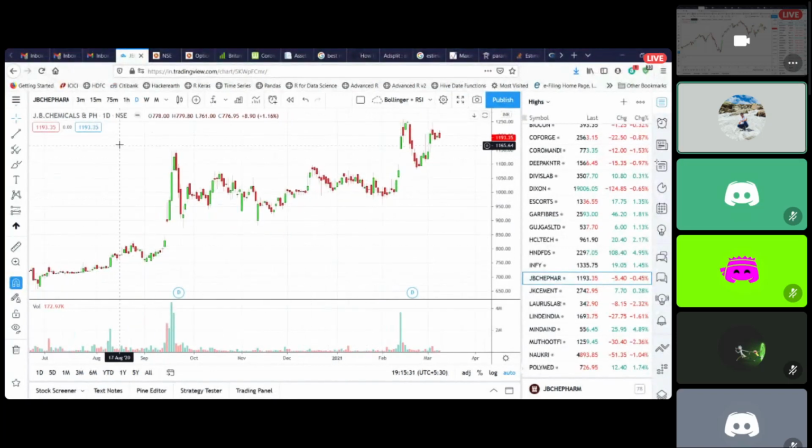Now, depending on the time frame that you're looking into, if you do the same thing on a weekly time frame, your targets will also move up. And if you go on a monthly level, the targets will shoot up even further. Although I never recommend trading on a monthly chart, weekly is the max time frame one should go to find these support and resistances.